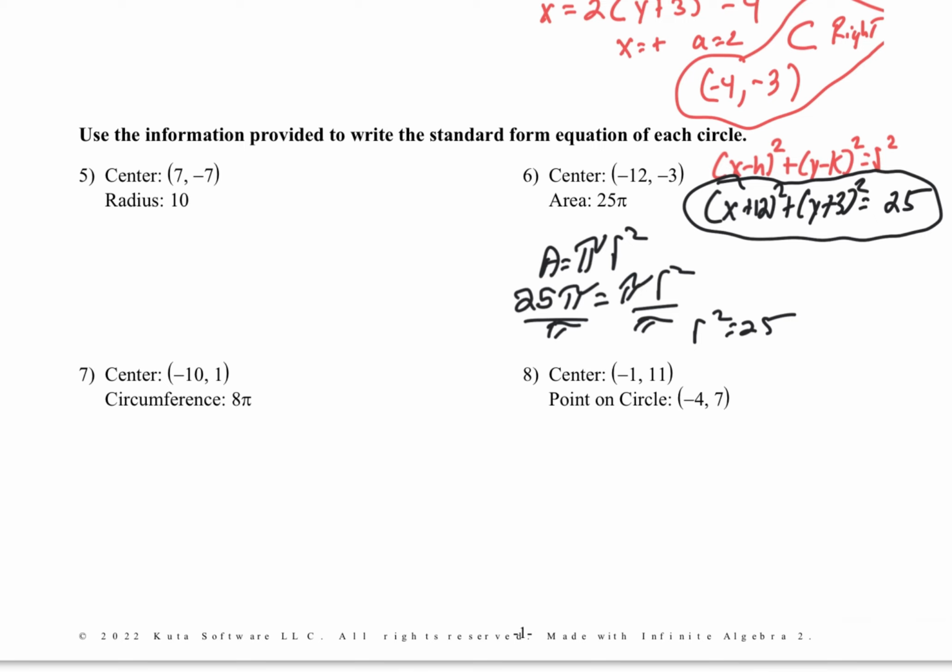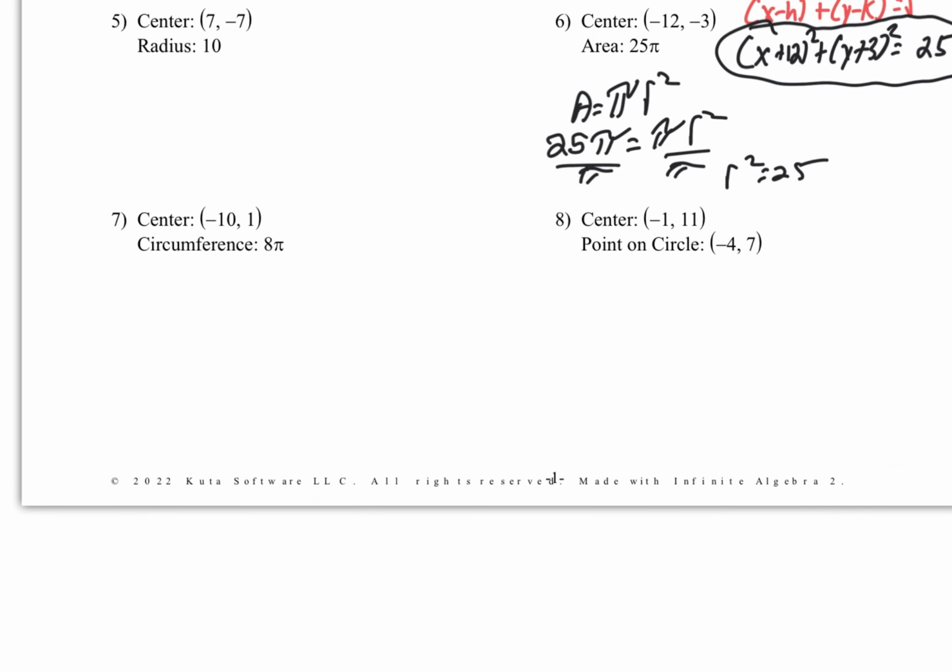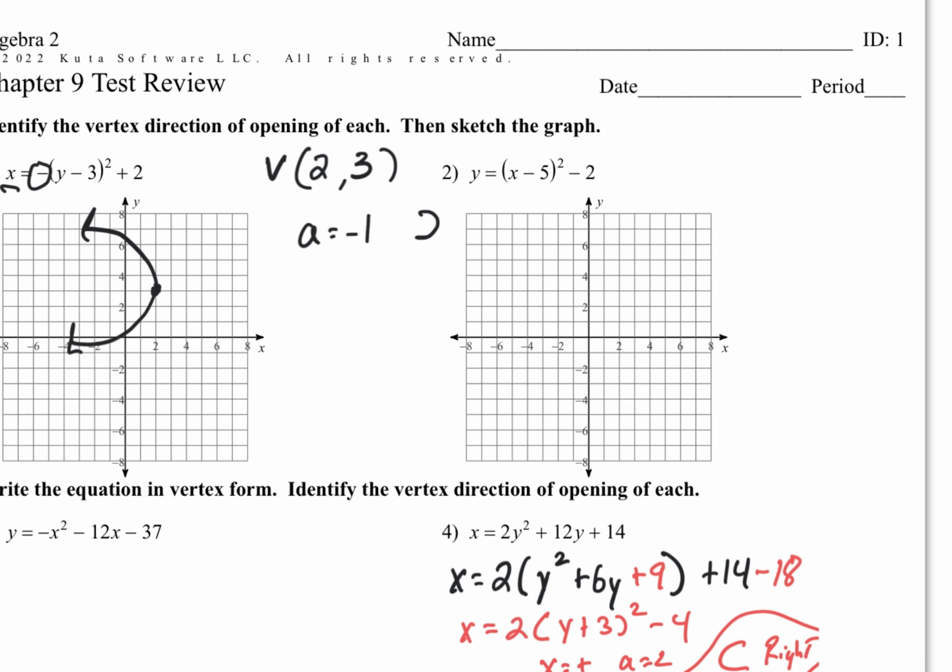Remember the distance formula? For number 8, we're not going to do number 8, but you'd have to use the distance formula to find that radius. The change in your x squared plus your change in your y squared, and then the square root of that. Okay. Next. So if we look at number 2,